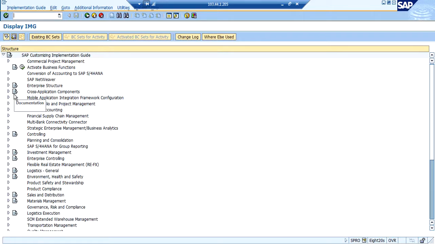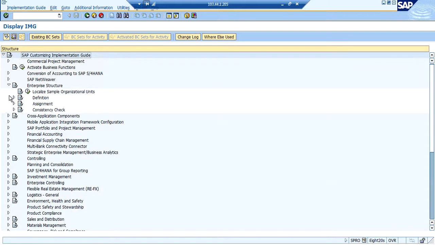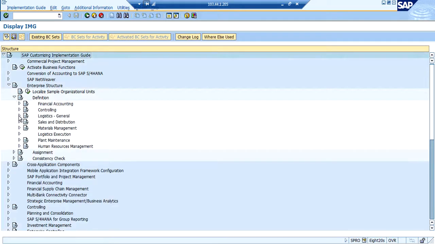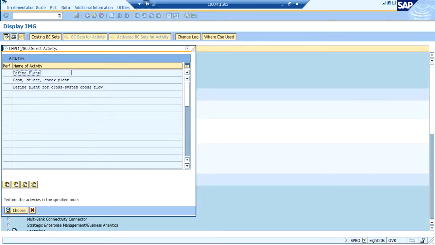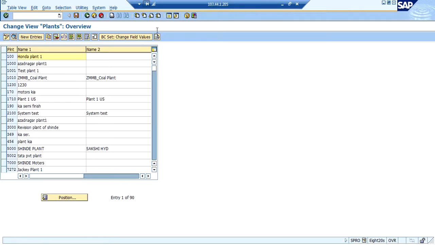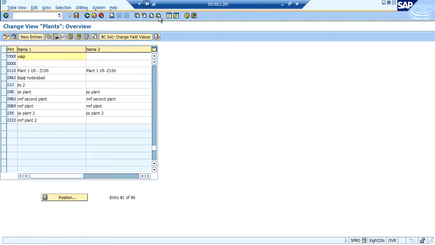In order to do so, we have to go to SPRO transaction IMG, enterprise structure, definition, logistics general, define copy delete check plant. So let us see whichever plants already exist in the system so that we can take one as reference.